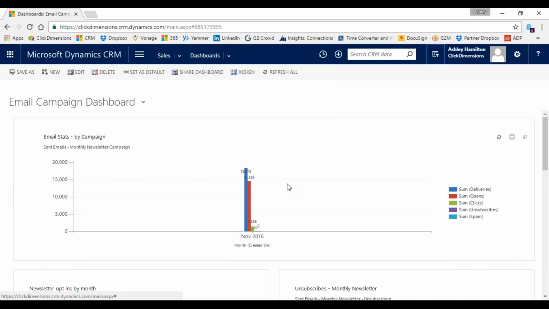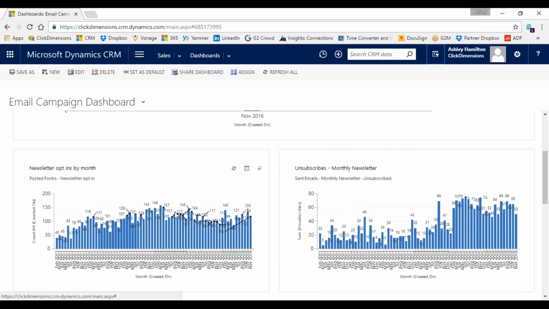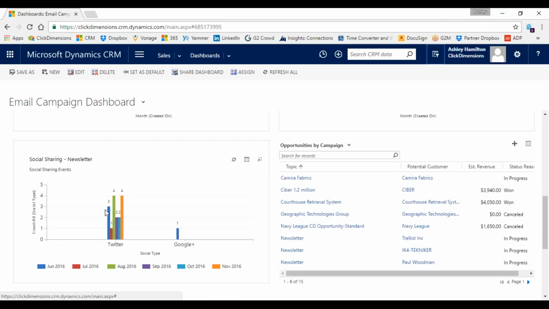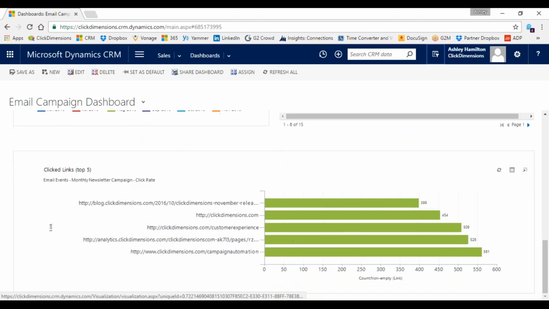So maybe I want to compare newsletters month to month and see how they're performing. Am I getting more opens month to month, or am I declining because people are unsubscribing? Well, how many people are opting into my newsletters versus opting out of my newsletters month to month? Who's sharing my links and where are they sharing them to? Top 5 clicked links in an email. So these are just pretty overview, but if you want to query on something specific, you can absolutely do that